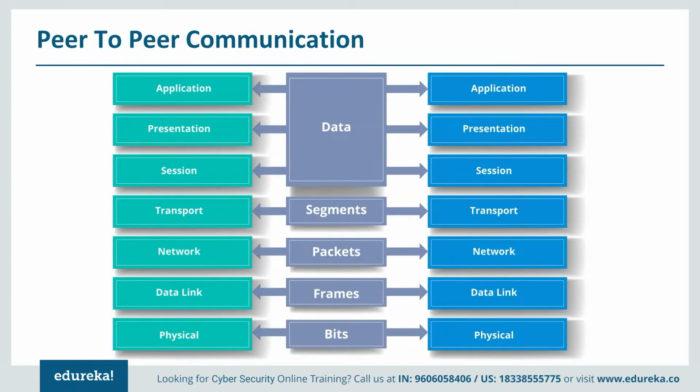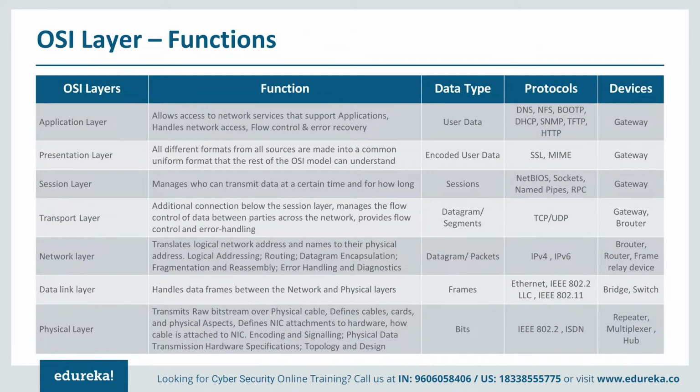When we see the TCP/IP model, the three top layers, the session, presentation, and application layers, will be combined as one. And this slide tells you what protocols are available and what type of devices you can connect to the network. The application layer is usually used for applications where the user tries to connect to the network. The protocols used are DNS (Domain Name System), NFS, BOOTP, DHCP, SNMP, TFTP, and HTTP. These are the protocols which work on the application layer,